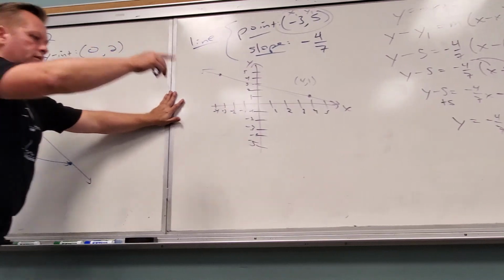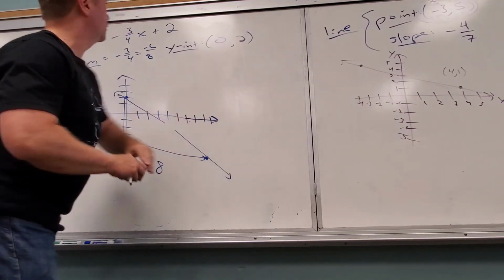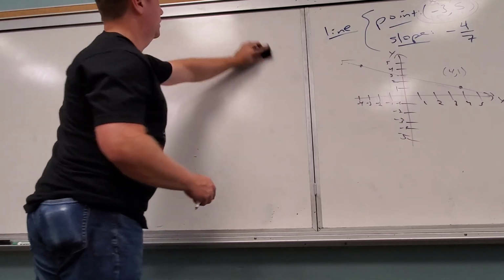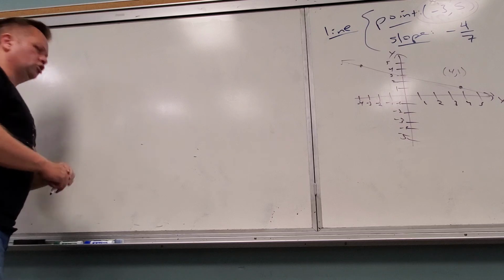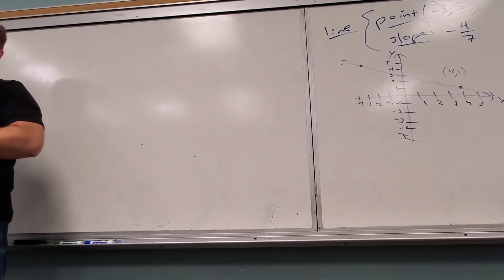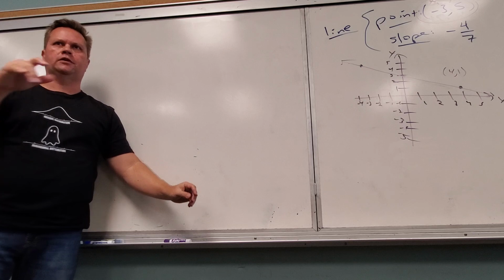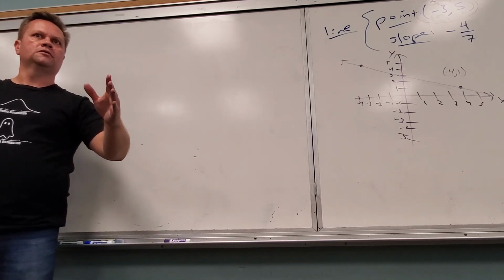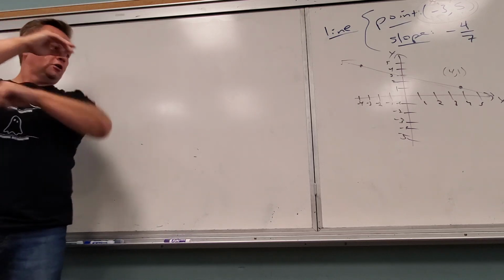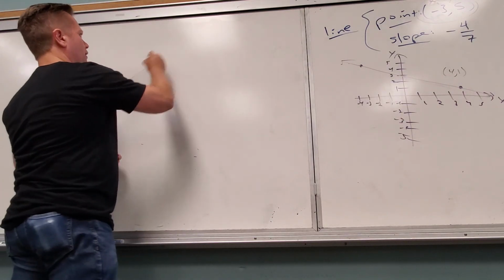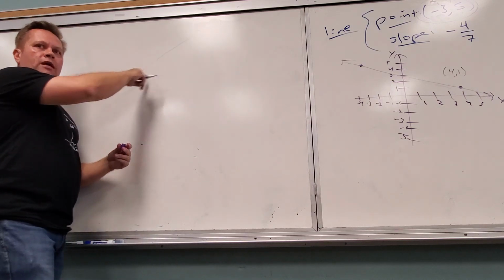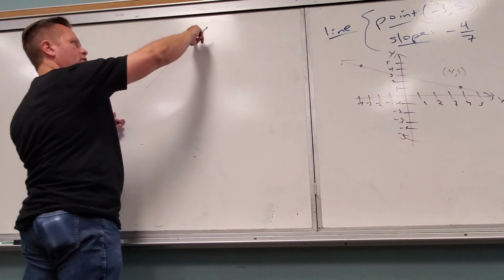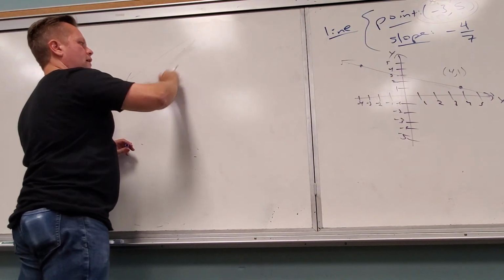One last idea, and then I want to give this to you so you can try some of this out on your own. What's true about parallel lines? They have the same slope. And of course, if you wouldn't answer like that, what's another way to answer that question? They don't cross. They don't intersect. The only way I can draw a line that won't intersect this is if it has the same slope. If the slope is a little bit different, it's going to eventually cross. So it only makes sense that